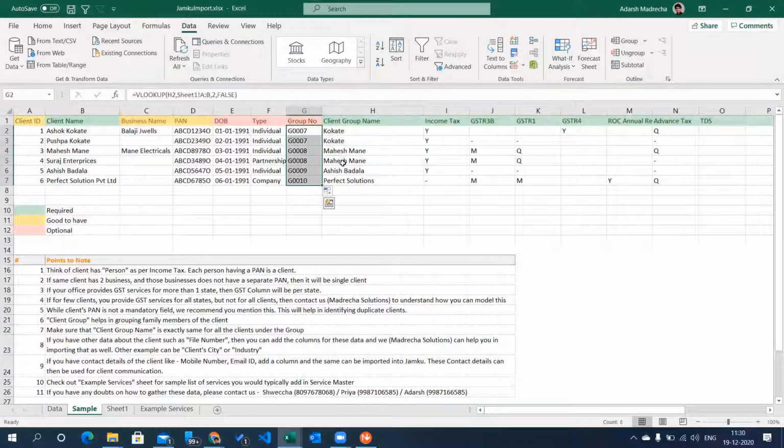So this is the group number that we have got. That's why earlier I was mentioning to mention the client group name exactly the same, so that this VLOOKUP would work perfectly. Whenever you enter a Cocate, it will pick up the exact correct group number, because while importing client name, we would require this group number.